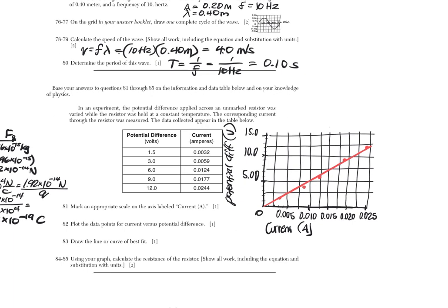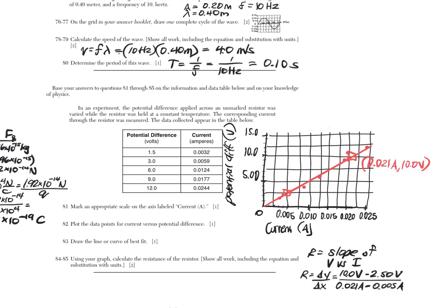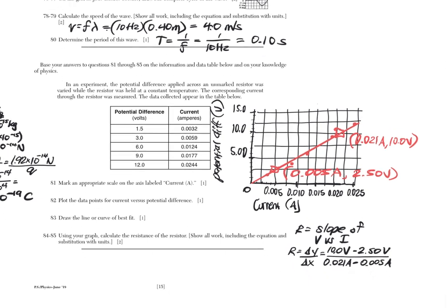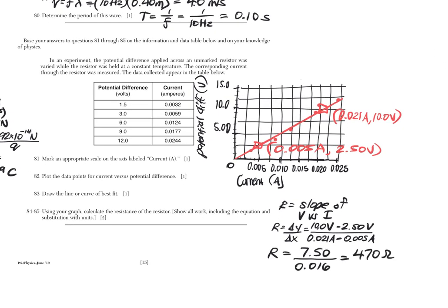So then there's a line or curve for best fit, and it says using your graph, calculate the resistance of the resistor, and the resistance we know is the slope. So I picked 2 points on the graph. First point is 0.021 amps roughly and 10 volts, and then the earlier point 0.005 amps and 2.5 volts. Be careful with those zeros, that you're reading that carefully. And so based on my sketchy drawing, I get 470 ohms for resistance. The actual answer key